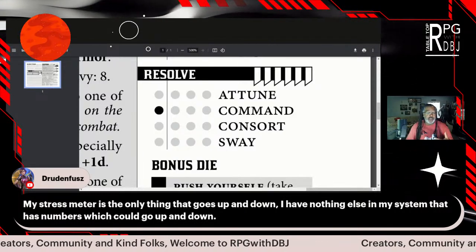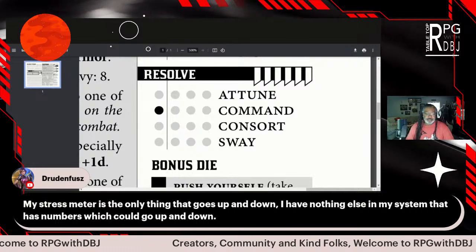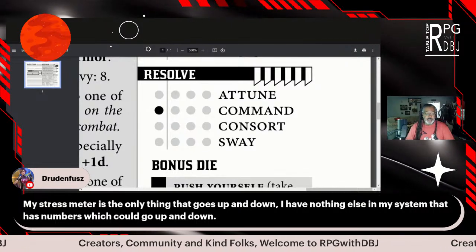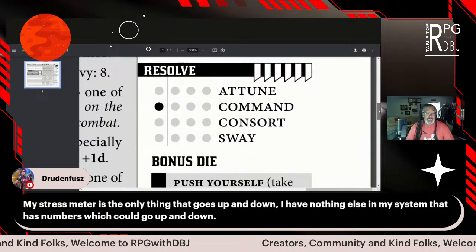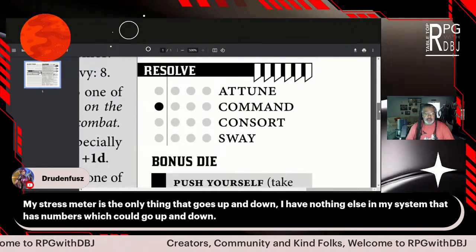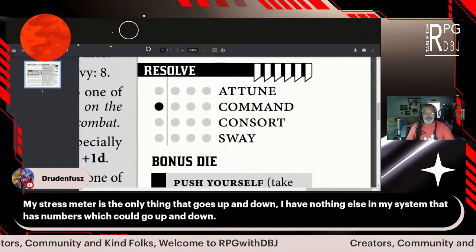If you let me through, I'm just jiggling my change purse just a little bit, maybe that's more of a consort than a sweat. Who knows? And that conversation, do you want to even have that conversation in your game? Or are you a person who's like, you know what? I really don't want people even arguing about this kind of thing. I want to specify this is a specific skill.